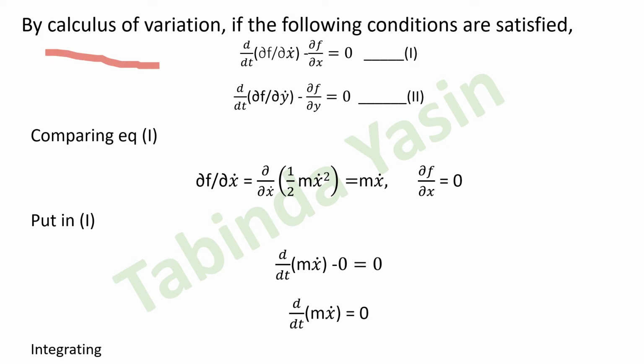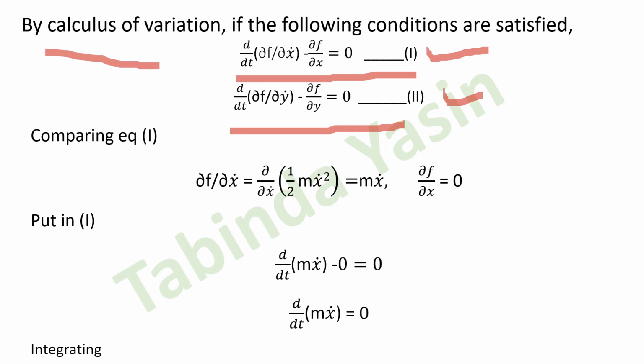By calculus of variation, the following conditions should be satisfied. Number one is d by dt of partial f over partial x dot minus partial f over partial x is equal to 0, and the other is d by dt of partial f over partial y dot minus partial f over partial y is equal to 0. Calling these equation number 1 and equation number 2, comparing the two equations with the previous equation, that is partial f over partial x dot is equal to partial